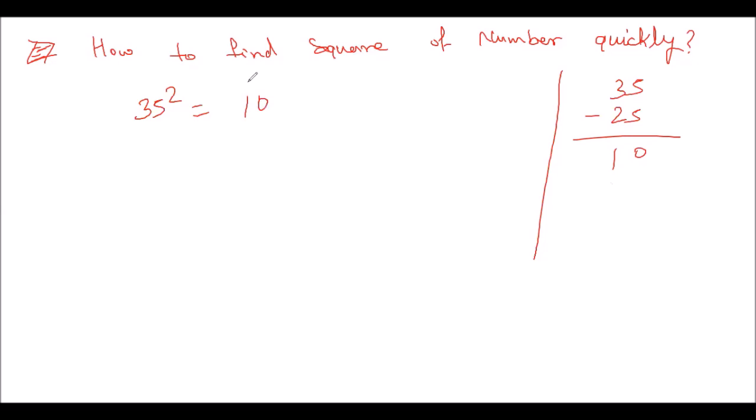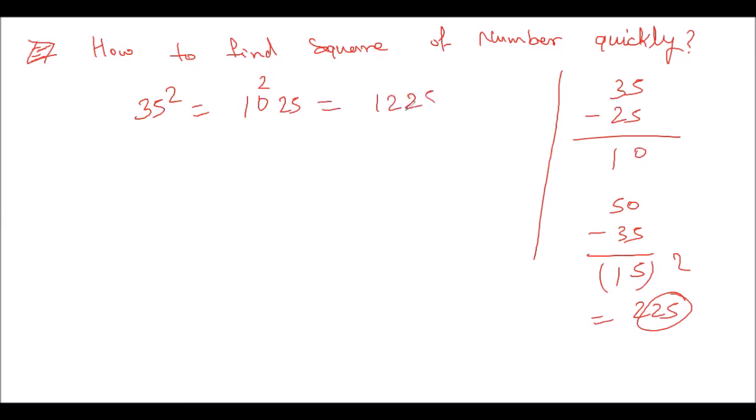So this will be our first digit, and get the difference from 50, the number which is given, like 50 minus 35. So how much? 15. So the square of that, how much? 225. So here we have to take only the last two digits. So what will this be? 25, but the carry will go up, so the carry will be added up. So what will be 1 2 2 5. So this is our square.